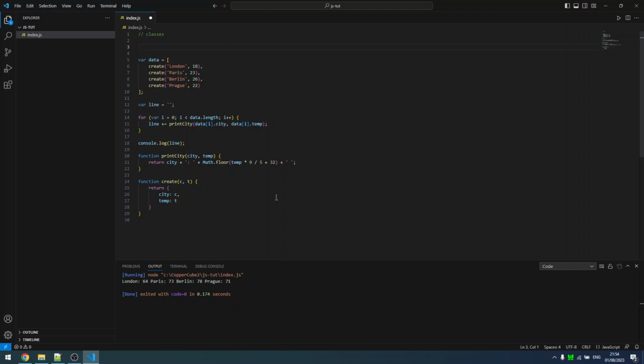If you're talking about inheritance, it uses prototype-based inheritance, and this is also something that we won't be covering in the scope of these tutorials because it's a more advanced topic, and you will most likely never use it in CopperCube. Once again, if you want to know how prototype-based inheritance works in JavaScript, you can Google it or ask